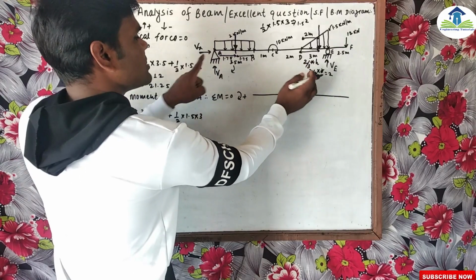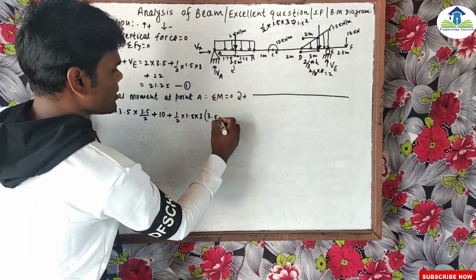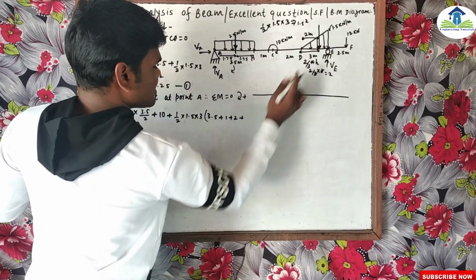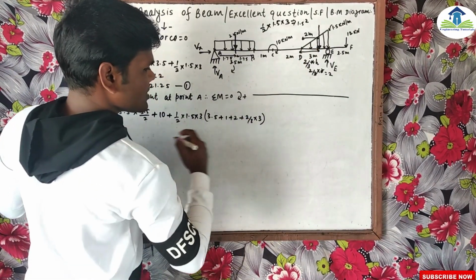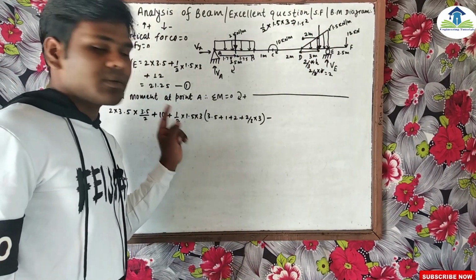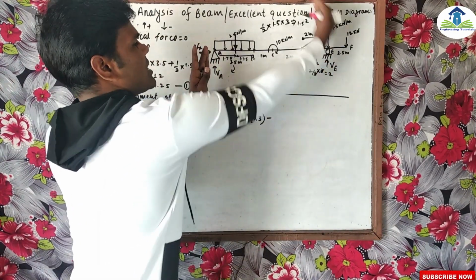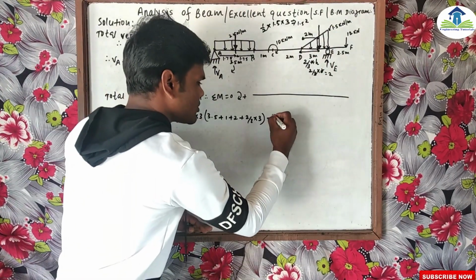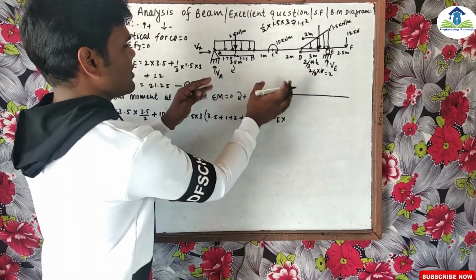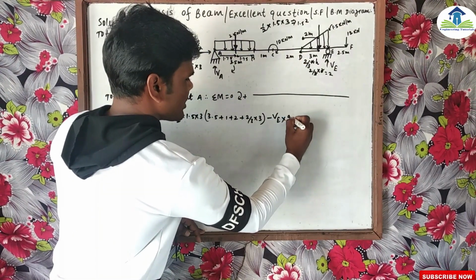So what is the total distance? The total distance from A is all of this. So this is 3.5, this force, plus 1, this distance, plus 2, this distance, and another distance is 2 by 3 into 3. And this is also a clockwise moment, so I took positive. And another force is a vertical upward force. This can rotate anti-clockwise like this. So this is the negative, anti-clockwise, VE, and at what distance does this force act? The total distance from A to E is 9.5.